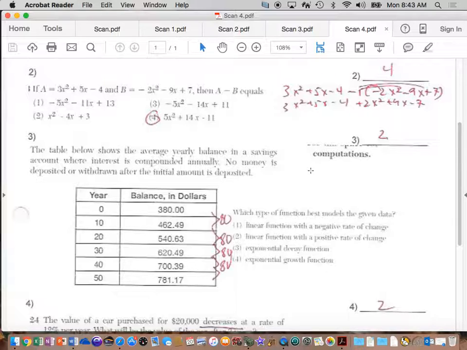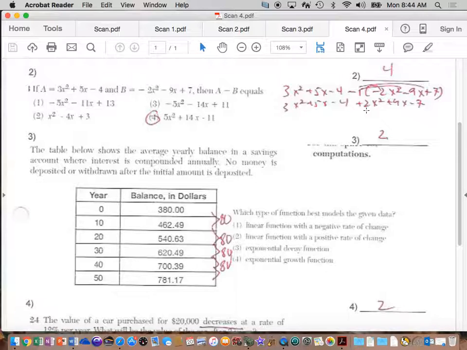So let's make sure everybody's head's in the game on this, okay? If A equals that trinomial and B equals this trinomial, then A minus B, which means you're going to take the first trinomial, there it is, 3x squared plus 5x minus 4, subtract the second trinomial, and we think there's really a little 1 in front of the package, so I have to distribute the negative 1. That changes every sign. Do you remember how earlier in the year when we did this, I said to you that, head in the game. Earlier in the year we did this, and I said that my experience is, for whatever reason, if kids do not write out this step, if you either stack it vertically, or if you just try to do it in your head, you are